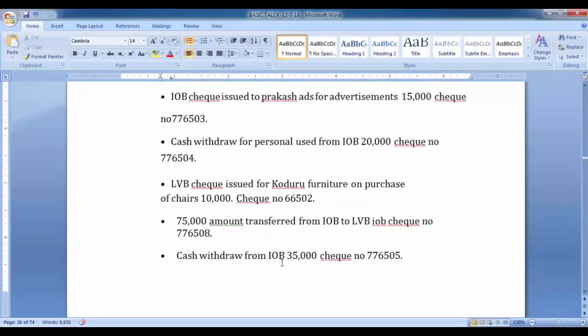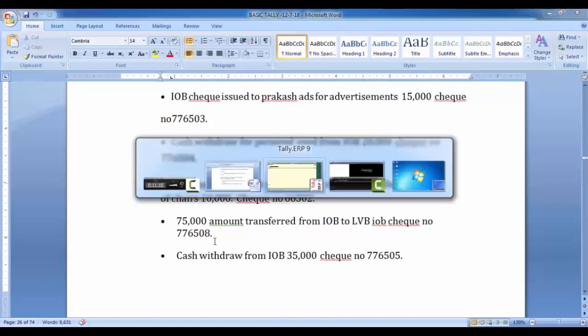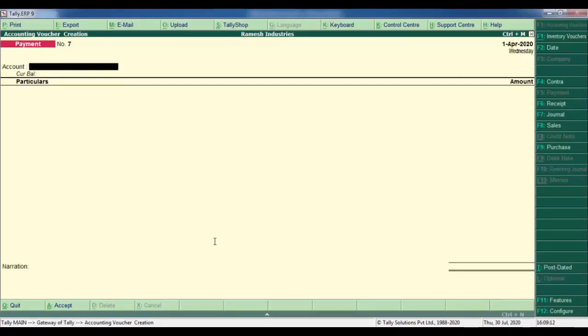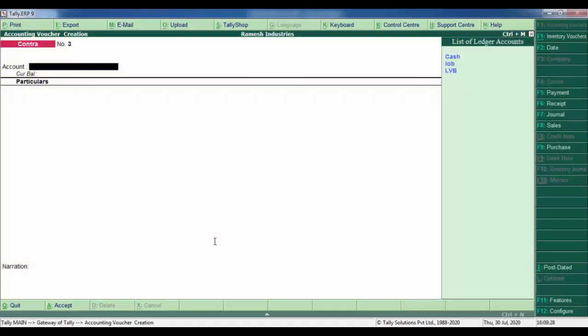After that, 75,000 amount transferred from IOB to LVB. IOB check number is 776508. So there is a transfer transaction. For transferring money, we use a contra voucher. Select contra, click on F4.